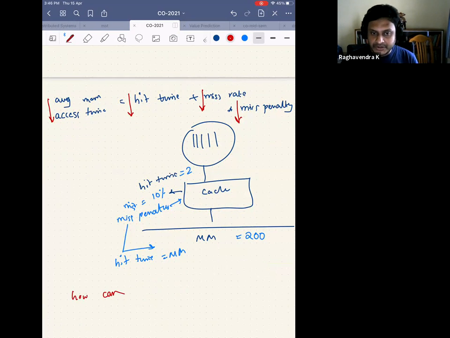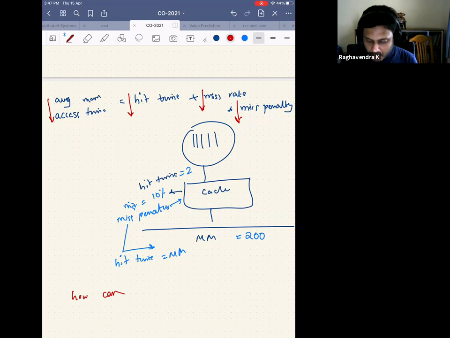Before this, have you understood till here? If you haven't understood, please ask me. I am more than happy to explain again. There are some components you might not have understood, like the store queue or the write buffer. That is still okay. But the gist of what happens on a write, when do I set a dirty bit, and if the dirty bit is set, I write it to the main memory, such things you should know. And this formula you should know. Don't memorize this formula by heart. If you have memorized it, then you haven't understood it. You should know why we come across this formula. That is more important. Okay, so I think everybody has understood.